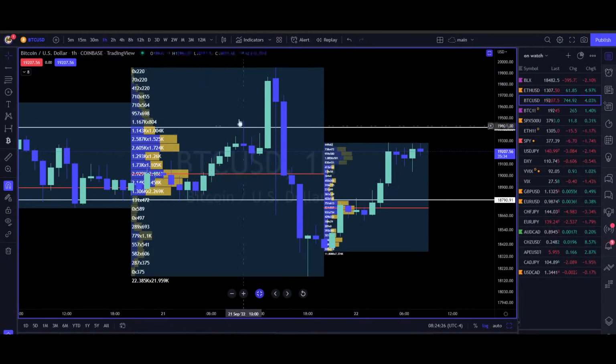But there's your outside day yesterday. Previous day, took out the high, then you immediately went down and took out the lows. That is typically a bearish signal. So this looks like a pullback only to me. We'll keep our eyes on it. This hourly close above that could just simply be a trap.